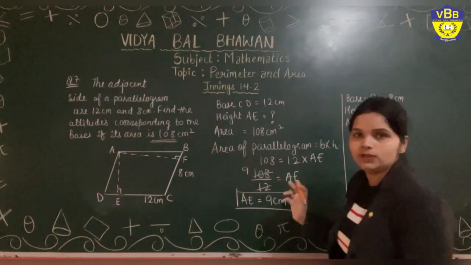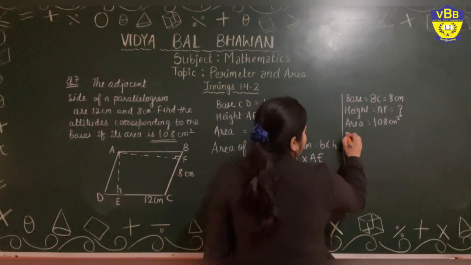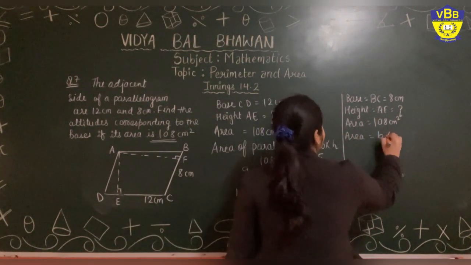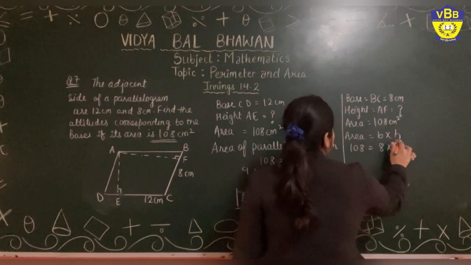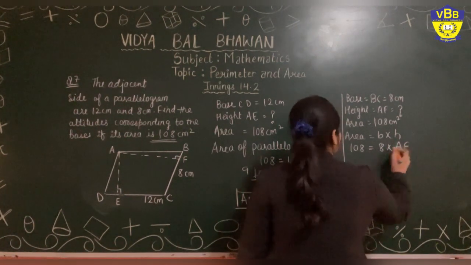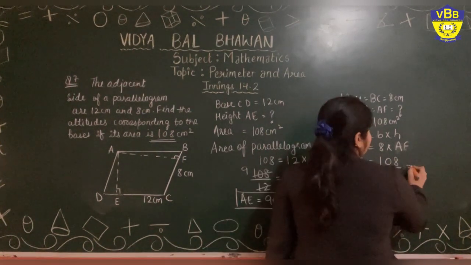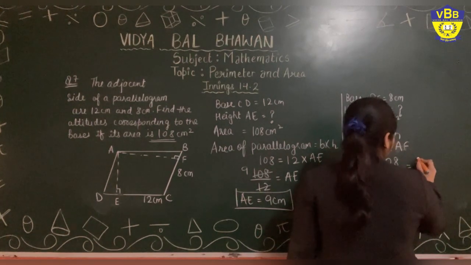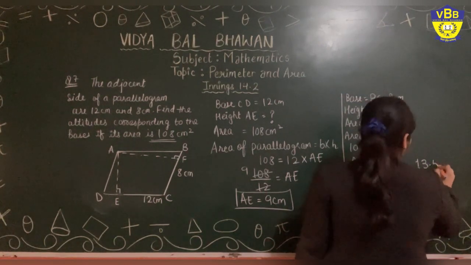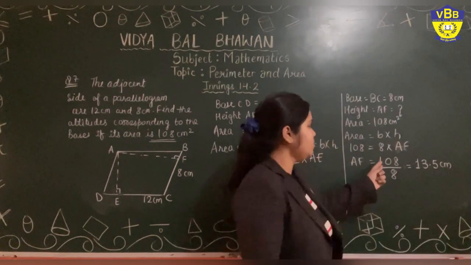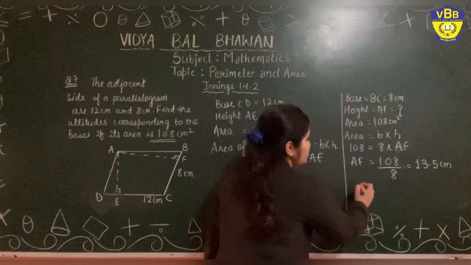With the same process, we will calculate the second height of this figure. Area is equal to base multiply height. Area is 108, base is 8 centimeter. Height we need to calculate, that is AF. To find AF, transpose this 8 to the other side. Answer is 13.5 centimeter. When you divide 108 by 8, the answer will be 13.5 centimeter, which is giving you the second